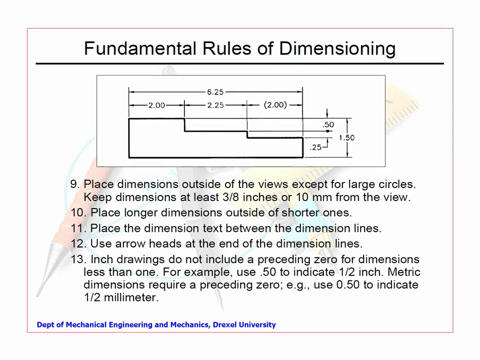Now, if you look at the right side, I have 1.5, then you see there is a small dot here. The dot represents from here to here. Now, are we violating it? Strictly not, but it is unavoidable here. You must show this. You can't leave this, otherwise it does not make sense.